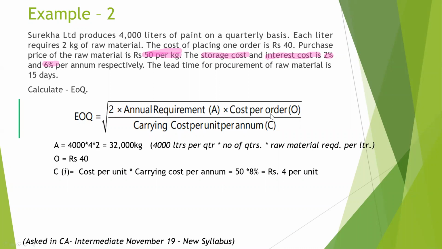Now that we have identified all the three components, we just have to put it in the formula and get the final EOQ, that is the order size at which the ordering cost and the carrying cost will be minimum. So the answer comes to 800 kg. Just to reiterate, EOQ is a very easy concept, as you could have seen from the past 2 attempts question paper, and it is also asked repetitively. Therefore, it is very important to do this concept with clarity and in detail.